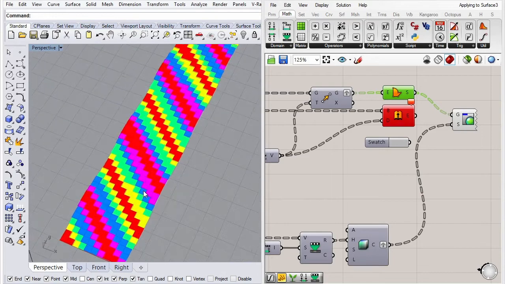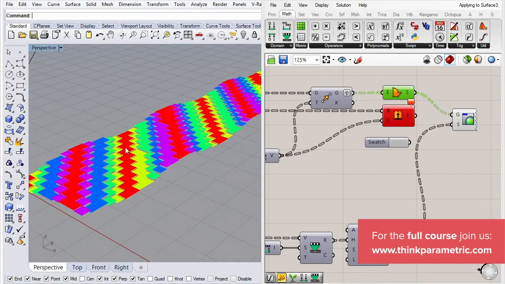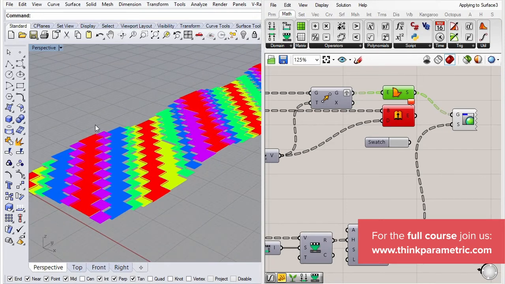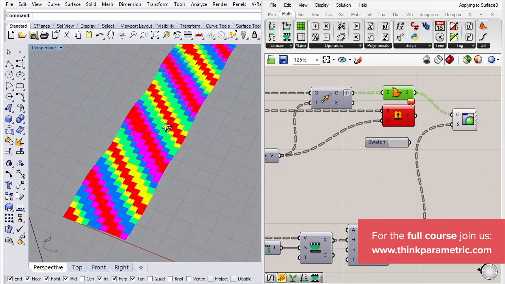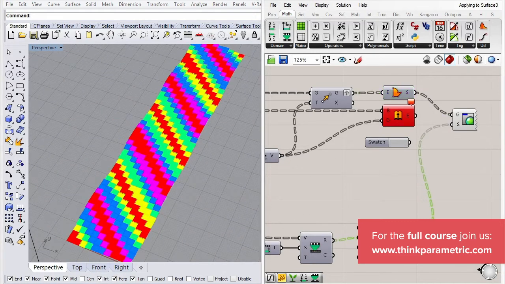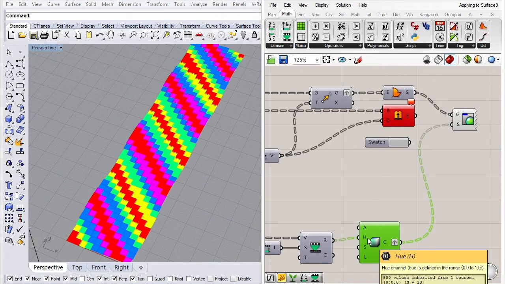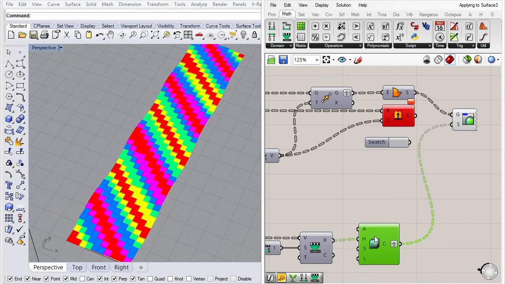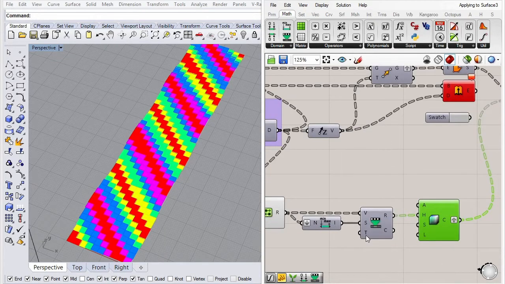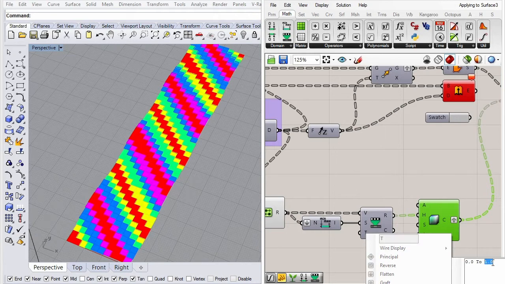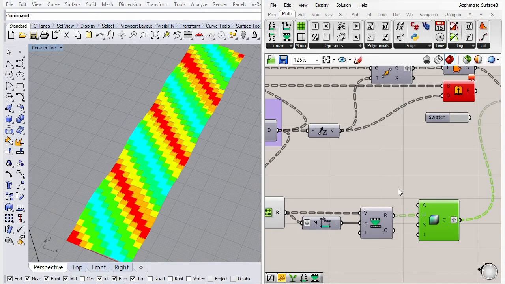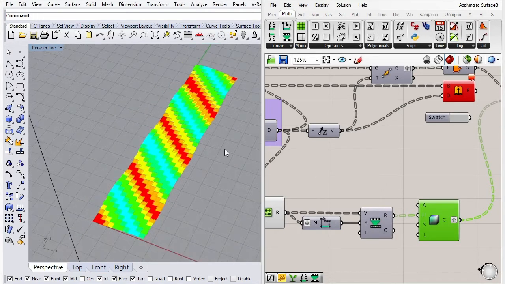However, you can see that the bottom row is red as well as the top. This is because the hue input works like a color wheel, where 0 goes full circle and ends up being the same value as 1. So what we want to do is change the target domain from 0 to 1 to something like 0 to 0.5. That'd be ideal. So that's a good visualization of the colors.